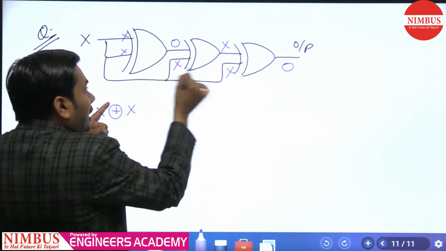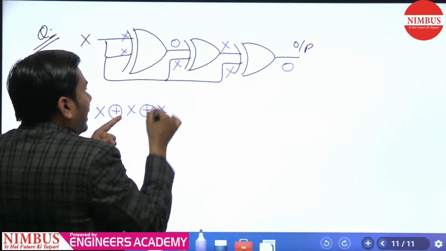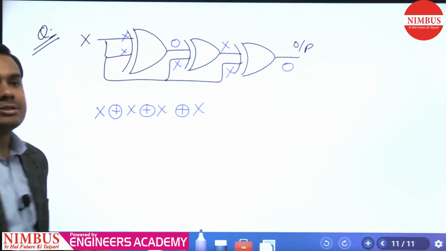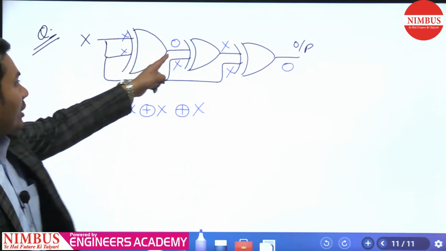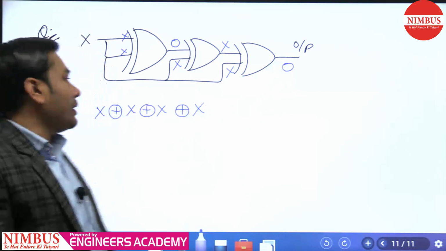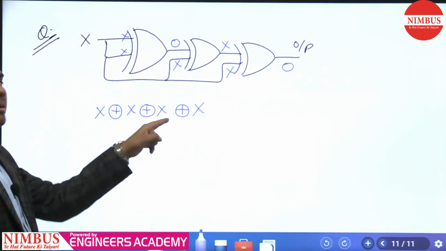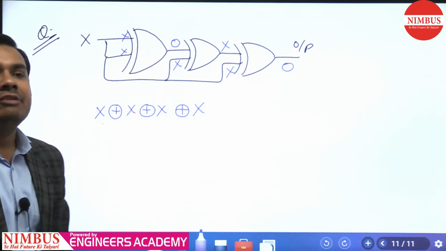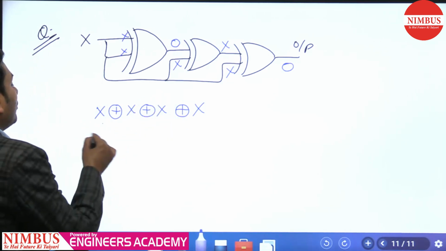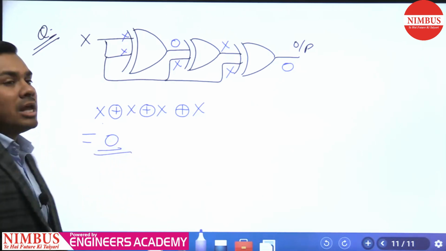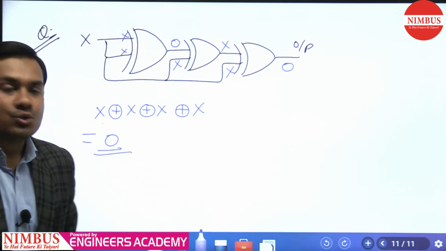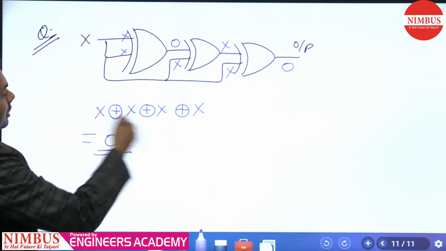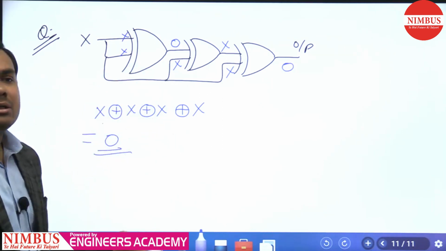After this again we are having a XOR with X, and again a XOR with X, right? X XOR X, XOR X, XOR X. So finally we are having the same inputs, and the same inputs occur 1, 2, 3, 4, an even number of times, and for an even number of times the output is directly 0. So for this question I think the sufficient time is maximum 5 seconds.